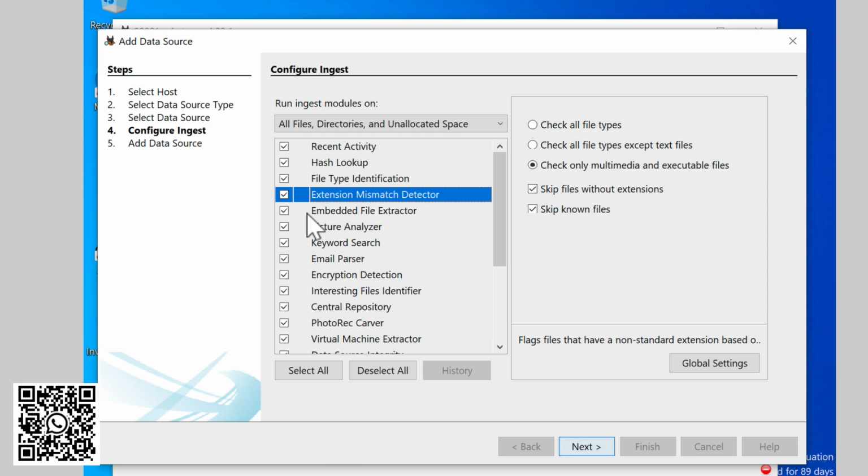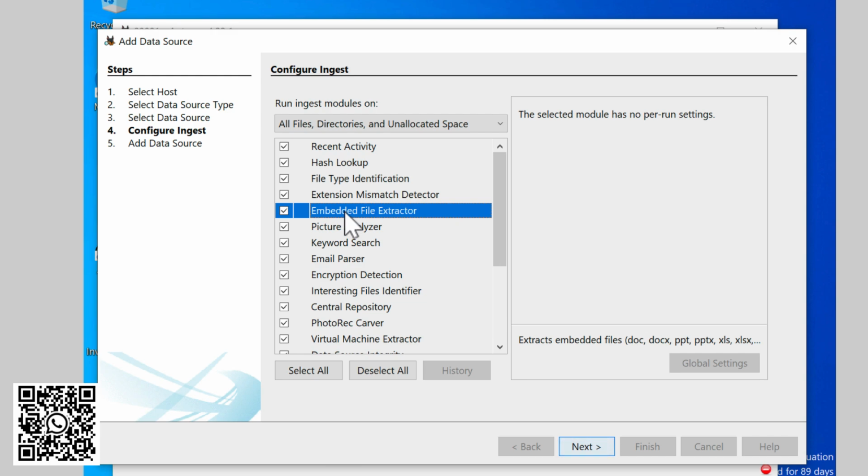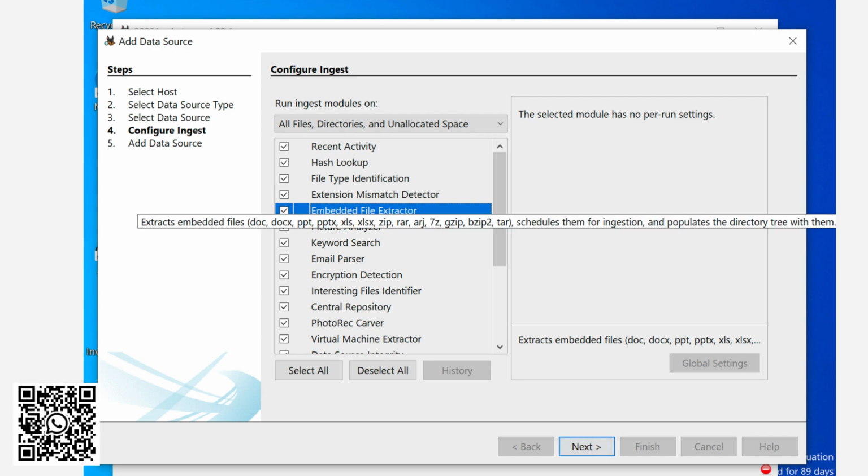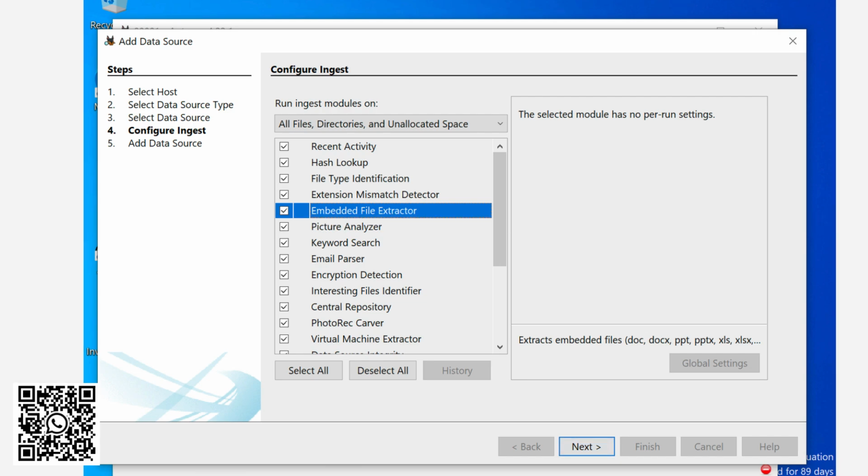So in that case, Autopsy has an option to search and fix the mismatch extension with a MIME type extension detector. So that is really important, and it is really good to have this module turned on.